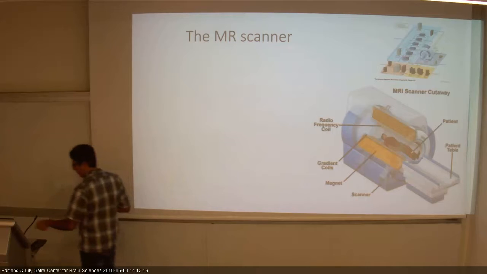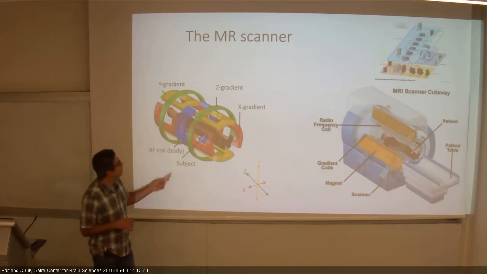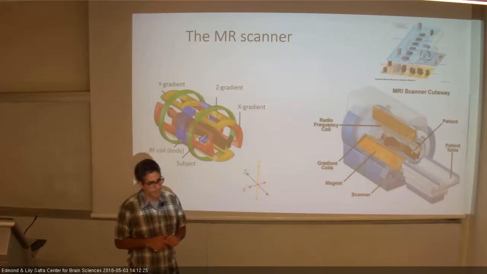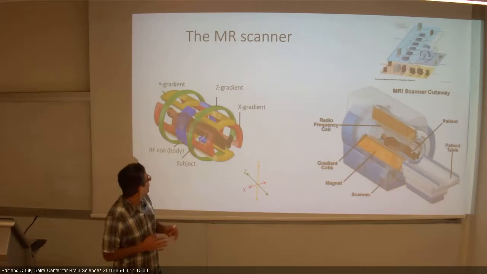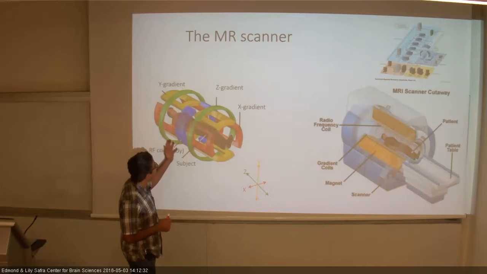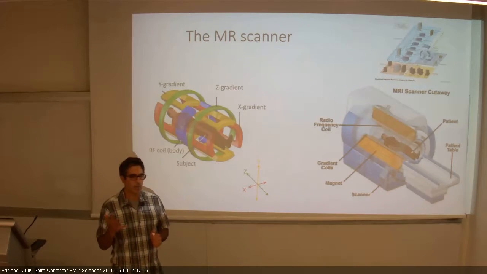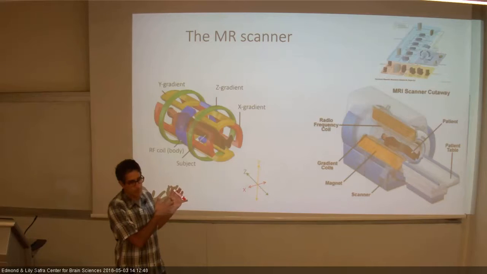Okay, it's very basic. It's important to notice what I mentioned already. There are those gradients around the subject in this tube. Okay, so it's a gradient. I will explain what I mean by gradient in a second. And they're defined as x, y, and z gradients. And if I say x, y, and z, what do you think it might be used for? Direction of? Field. So it's going to create some kind of perturbation of the field in x, y, z, and that might be useful for